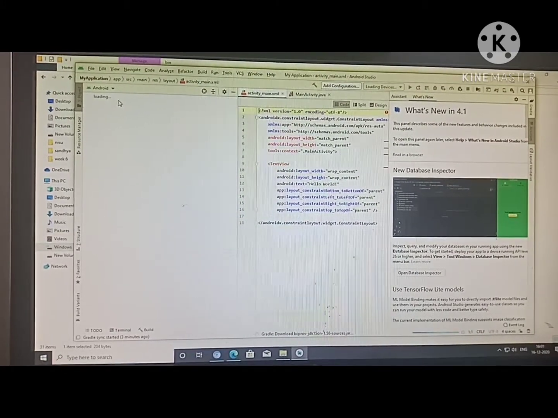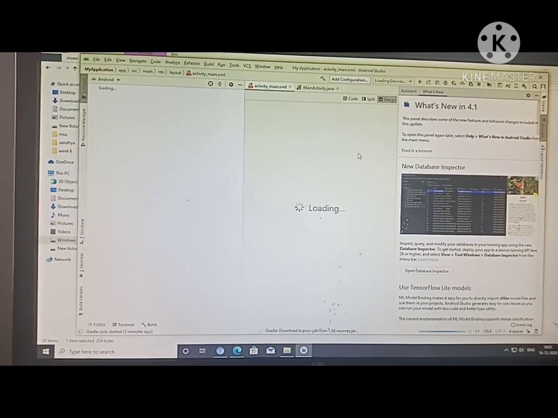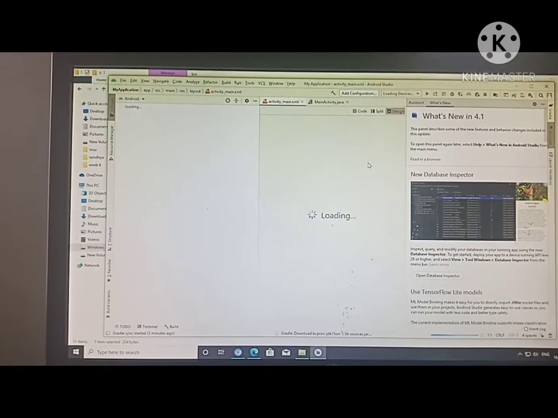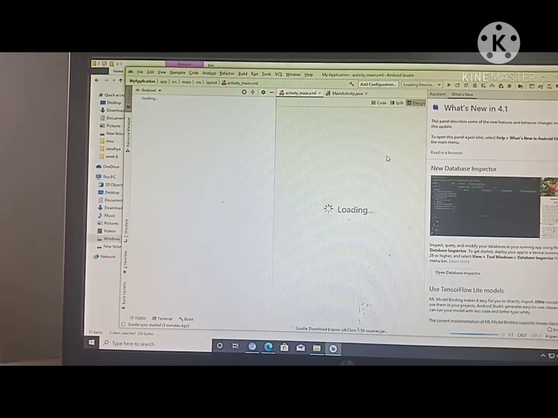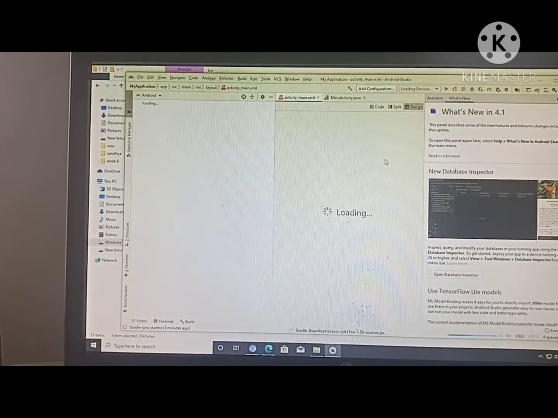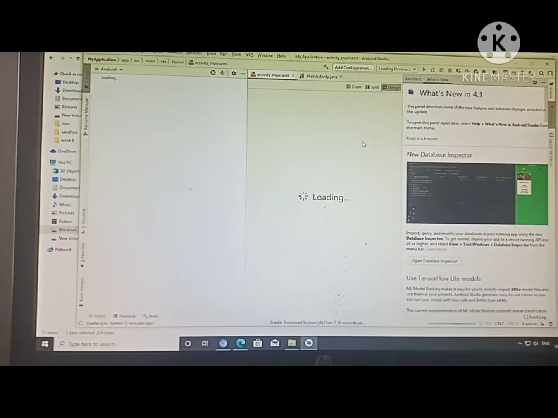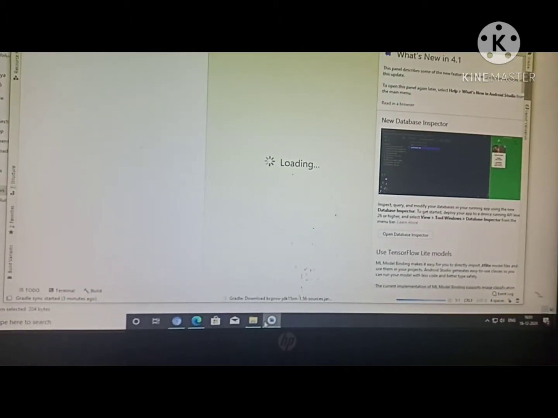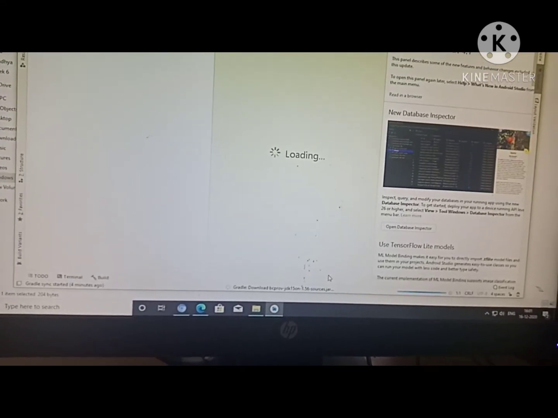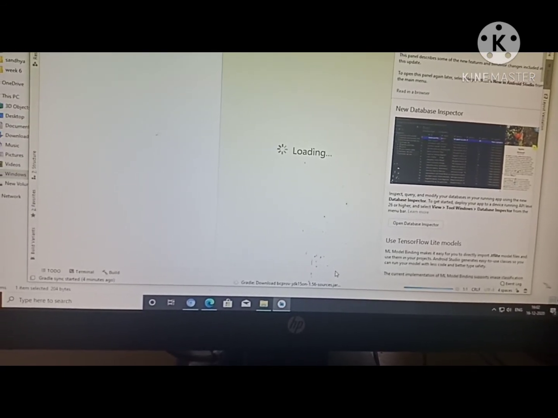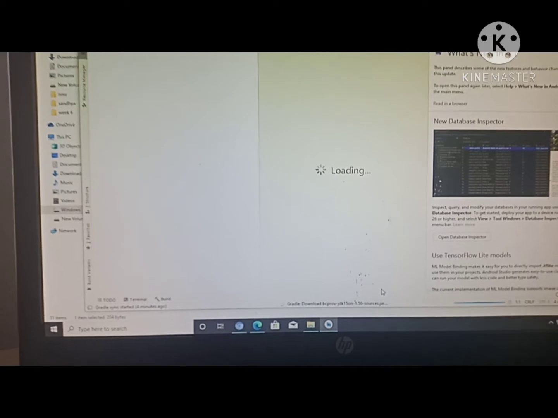It is still loading here, the design part. You can see at the bottom it is showing Gradle download. It is downloading the required jar files and also the JDK environment variables that are required to run this particular Android Studio.